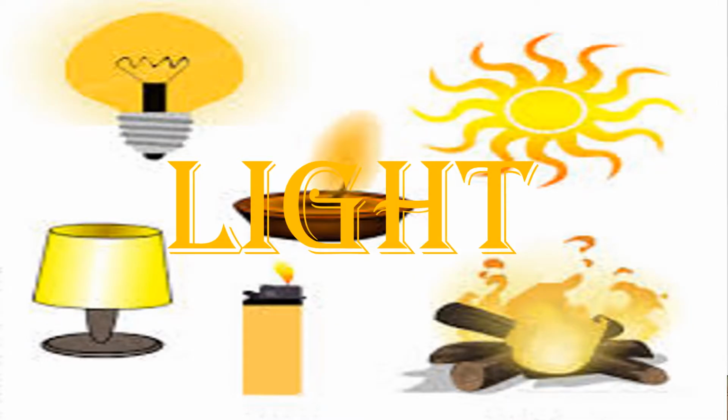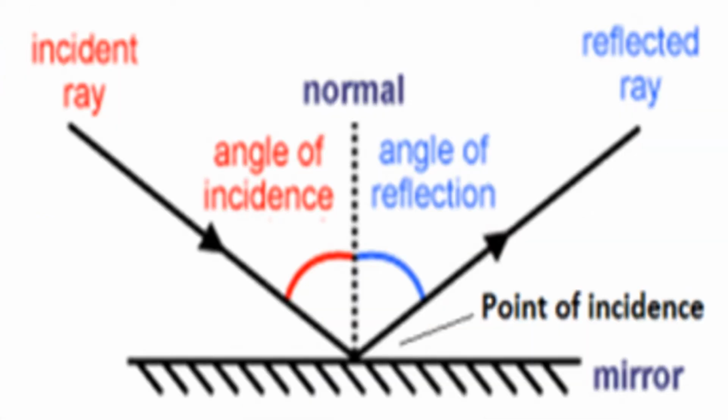We were discussing the lesson Light from our 7th class Science, and in the previous session we have completed the types of reflection, regular and irregular reflections. Let us see this diagram. Actually, we have completed this where it is explaining the laws of reflection. Incident ray, reflected ray and the normal are lying in the same plane. Angle of incidence is equal to angle of reflection.